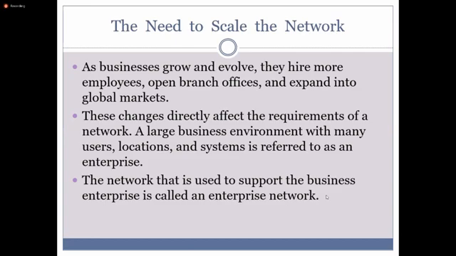An enterprise network has a large environment with a lot of users, locations, branches all over the country and the world, and a lot of systems, sometimes ERP, account systems and other relevant systems. If it consists of all these, then we call it an enterprise network.